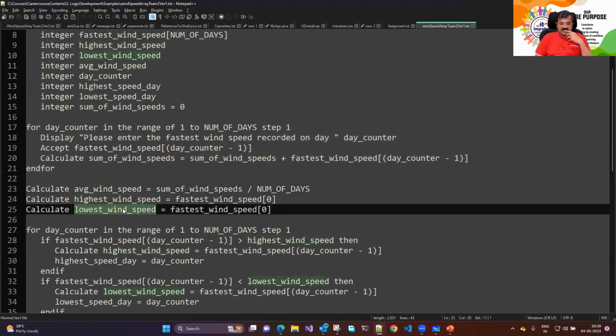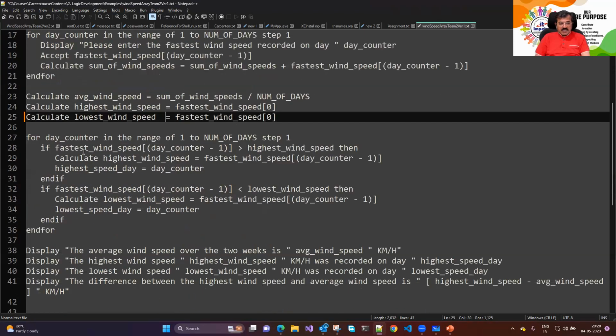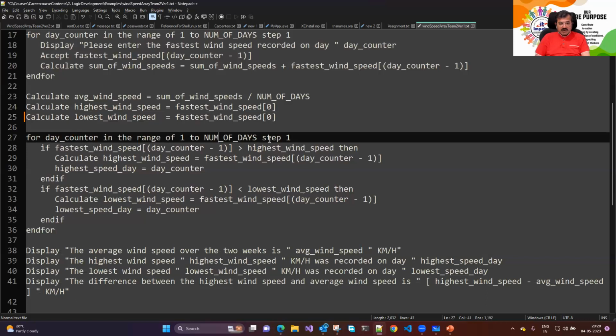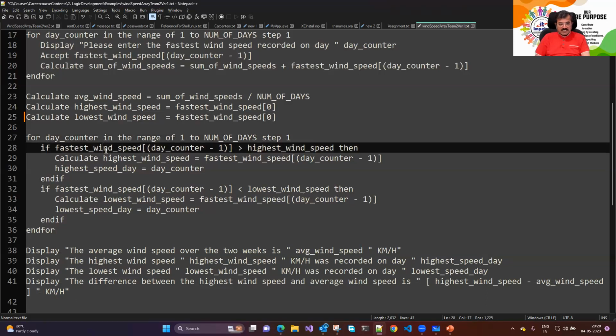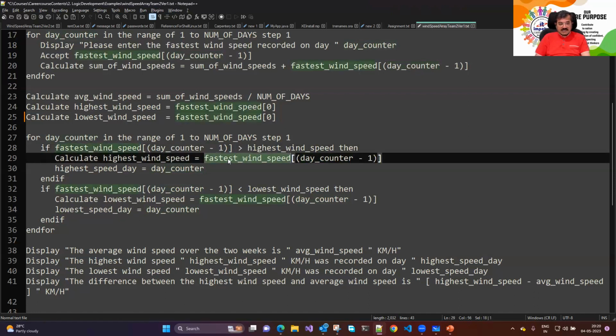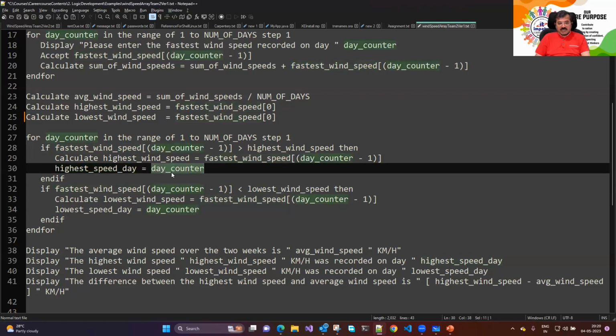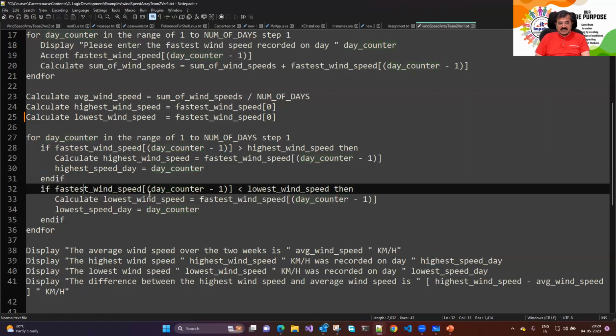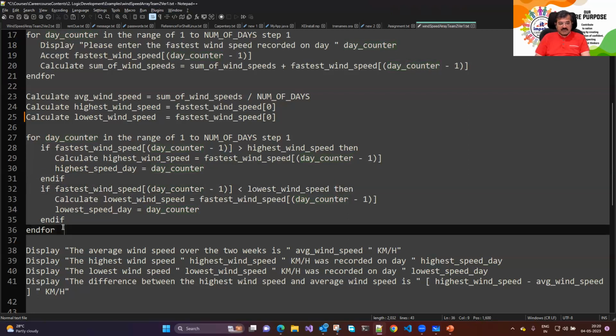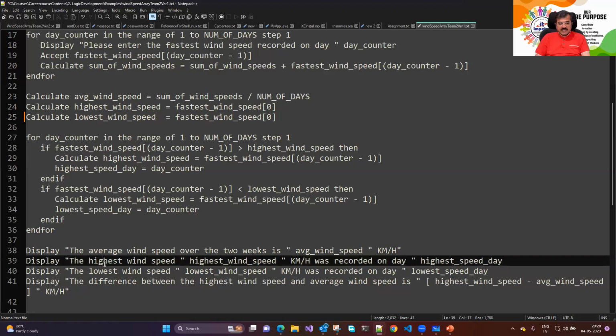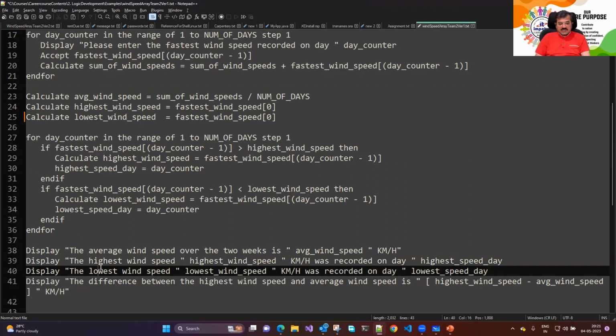Then you are assuming fastest and lowest wind speed. That's again right. That's the right approach. And then we say day counter in the range of 1 to number of days plus 1. Fastest wind speed for the day counter -1 is greater than highest wind speed. If that is the case, then we say highest wind speed is this and day is equal to day counter. Day counter, that's 1. Very correct. And similarly, you are doing it for the lower. That's perfect. And then you are displaying the average wind speed, the highest wind speed, the lowest wind speed, the